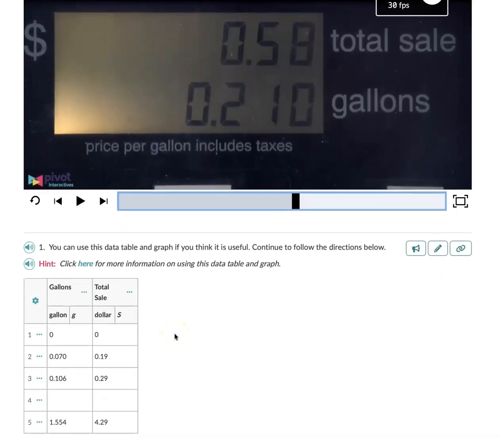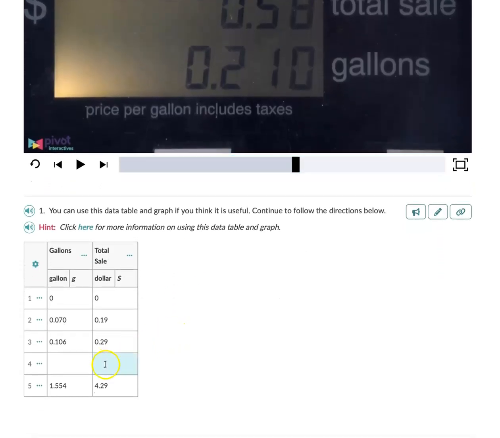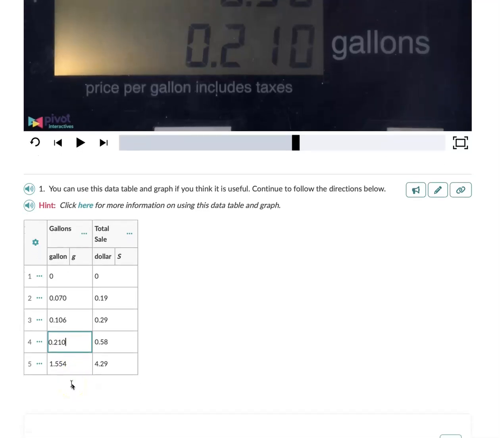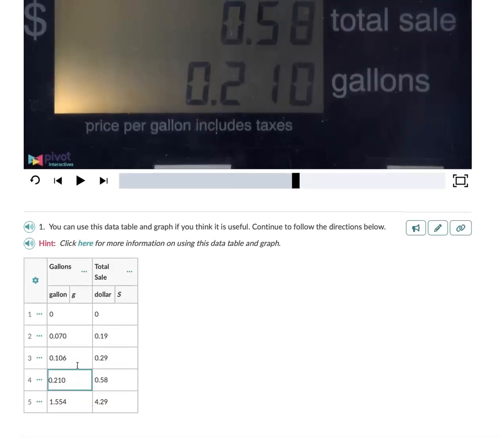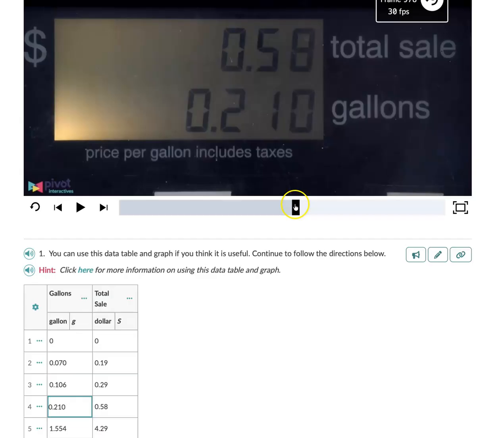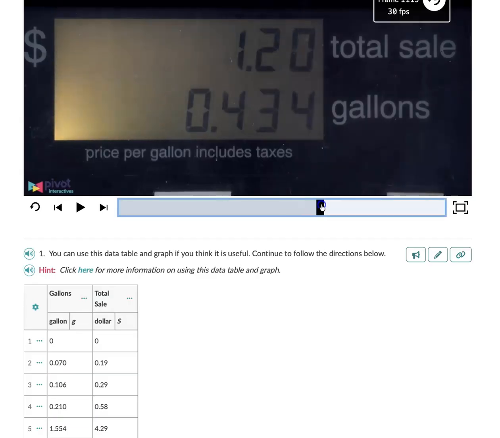So let's do 2 more, 0.58 for the money and 0.21 for the volume, 0.210. I'm going to get rid of the numbers that you have here, although they may be correct. I don't want to use them just because